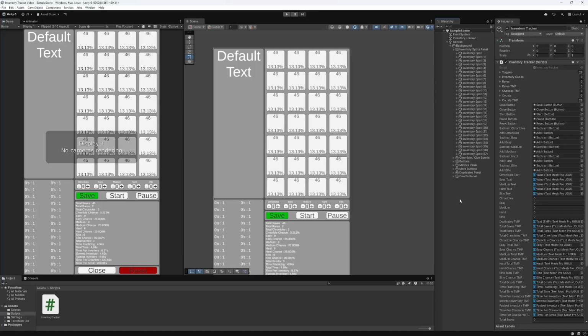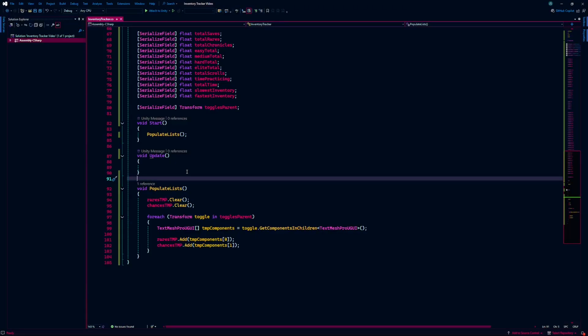For this project, like I said, none of these cons matter. We don't have to worry about any of them. I just wanted to make sure you knew about its strengths and weaknesses for any potential future projects you may have. The first thing we're going to need is a class to hold all the variables that we're going to